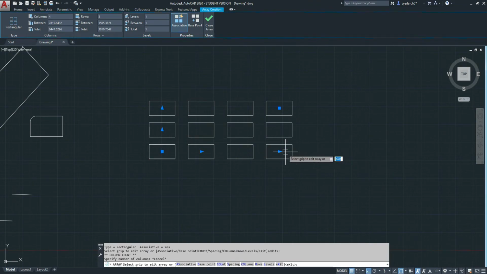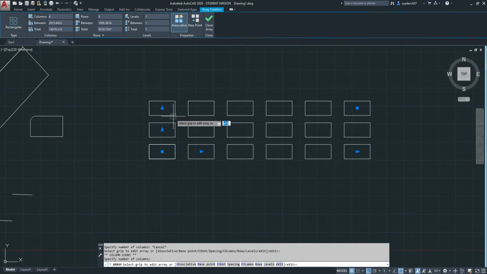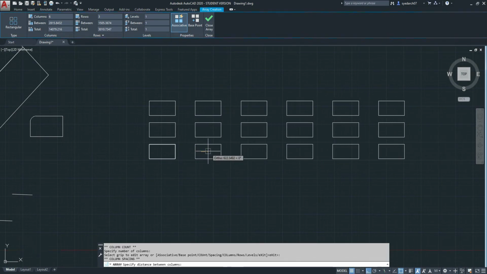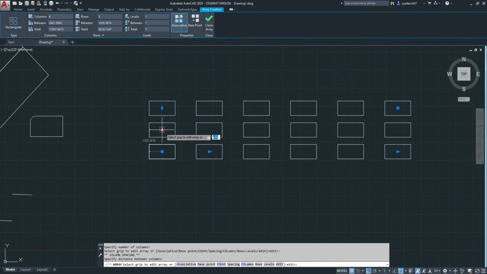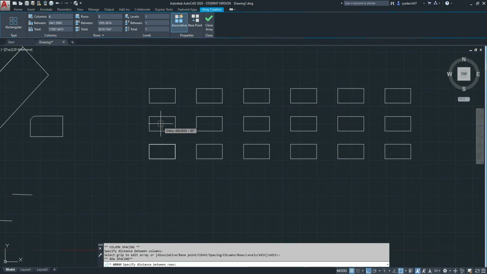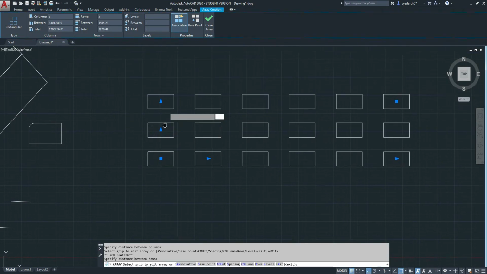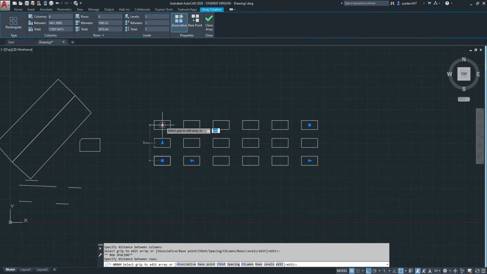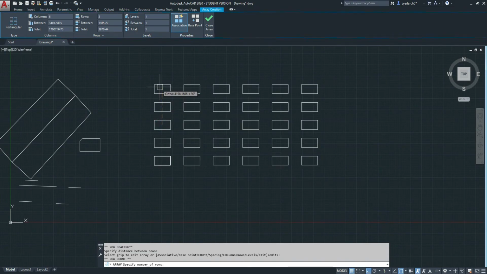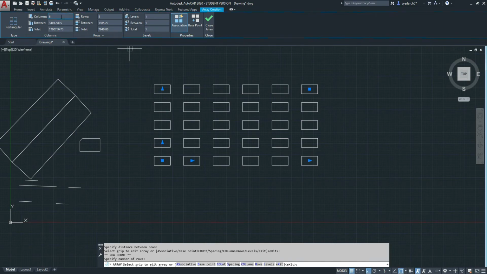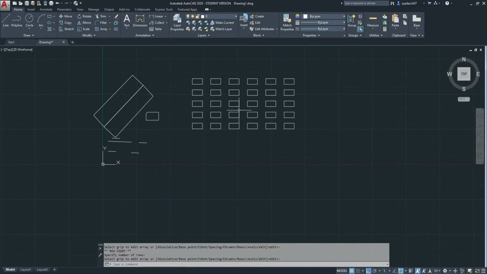Say using this arrow you can increase the number of boxes you want row wise, and then using this arrow you can increase the spacing between the objects. In the same way, column wise you can increase the spacing of the object, and with this arrow you can increase the number of boxes column wise. You can even edit by entering the value here and typing in the distance between the boxes. Then after editing all this you can click on close array. So this is how we use rectangular array.